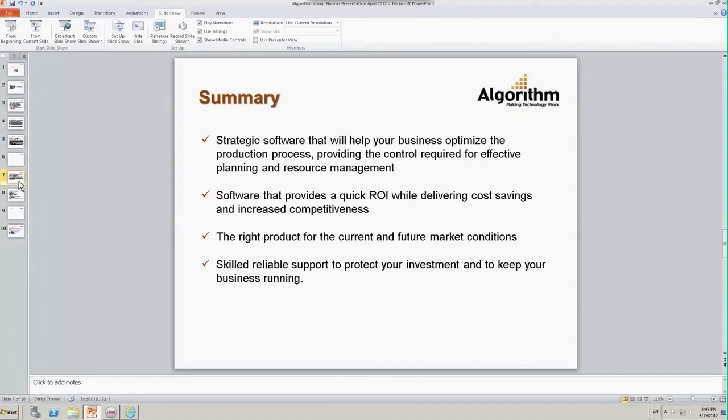It's also supported by us. We have many years experience of Macola, and have obviously developed this, and it's a very good product to have in place. I think as I mentioned, production planning is at the heart of any good manufacturing business, and having this at the heart of your business is definitely something that